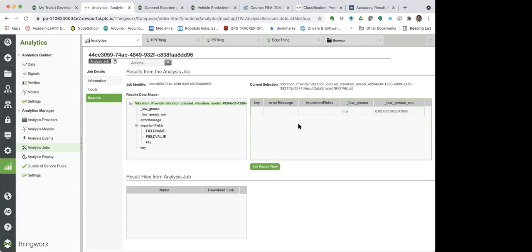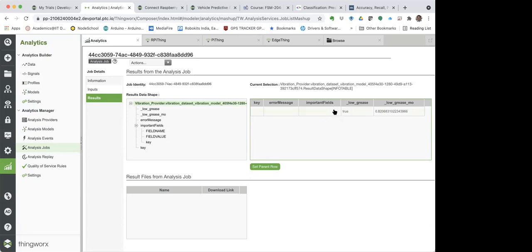Again, you will be creating another event or service, which will either send a command to the edge device again to stop the engine, or maybe indicate something on the engine itself. Or you can use this value that is coming into the edge thing, Result is the low grease level actually. So there's a variable which is giving the low grease indication.